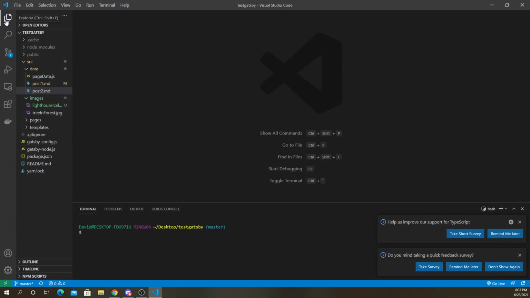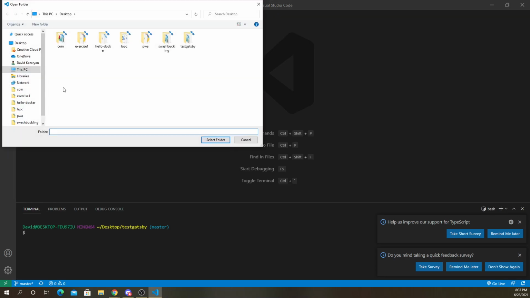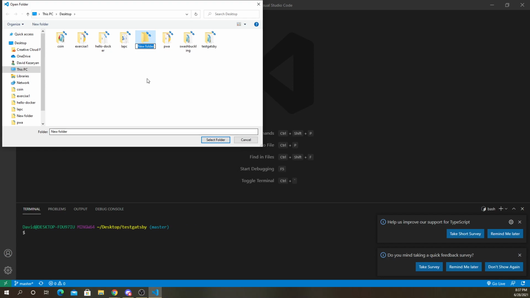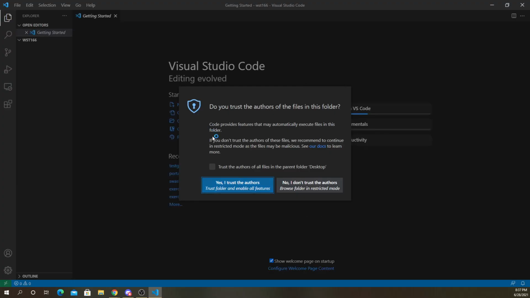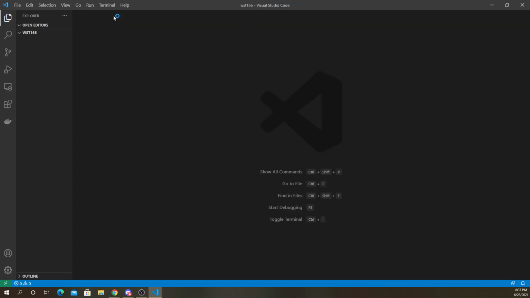I'll just do it through here. I'll say File, Open Folder, go to my desktop, and I'll just create a new folder here called, say, right-click, New Folder, WST166. I'll open that up. Do you trust the authors of the files in this folder? Sure, yes I do. That's me, right? I should trust myself.